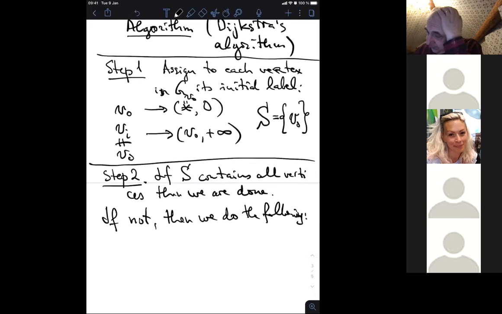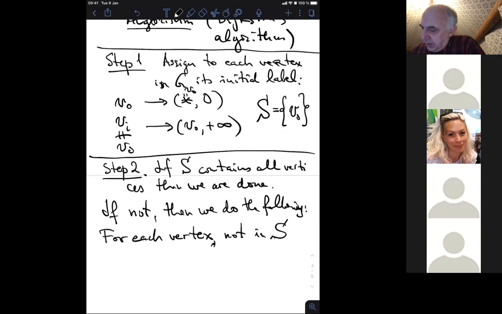For each vertex not in S, check if there exists a vertex in S such that